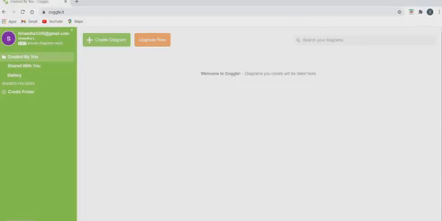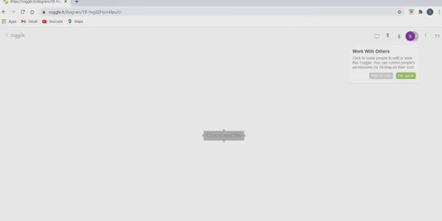Now I will explain how to create a Coggle mind map of art integration for grade 2. After logging in to Coggle, the first step is to select create diagram. When you select the create diagram option, a small box will appear. In that box, you have to type the main concept of art integration. The main concept of art integration for grade 2 is months and season.